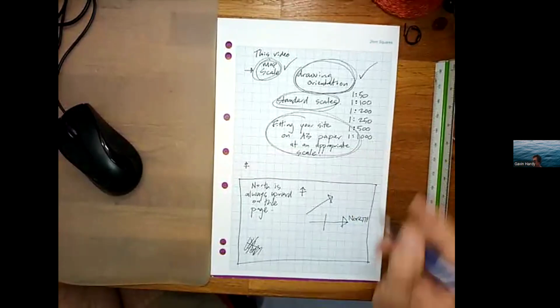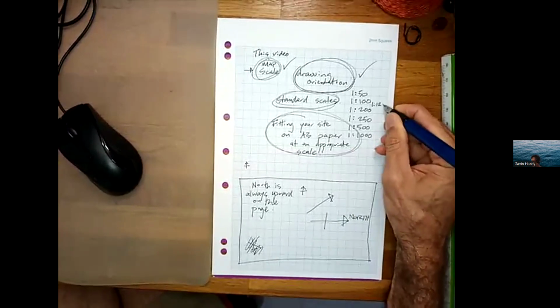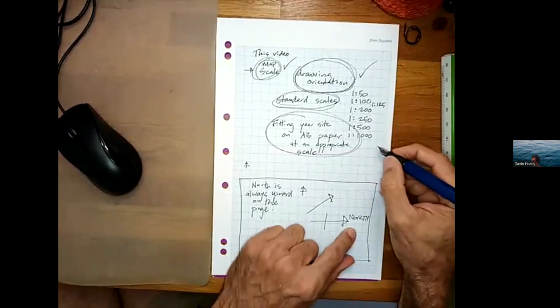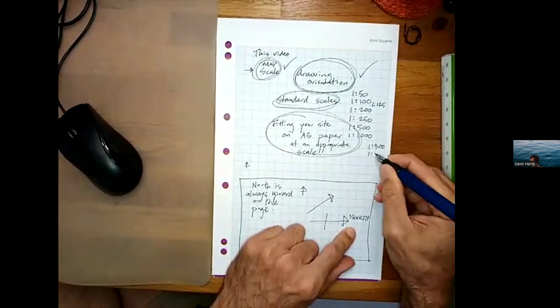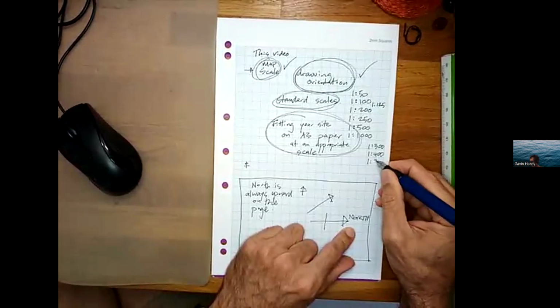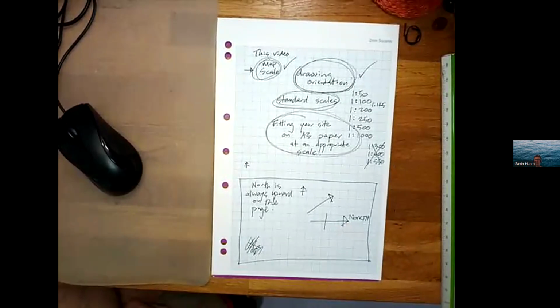Sometimes I see students do 1:125. That's acceptable too. Okay, but 1:300, 1:400, no, not really. 1:550, no, they're not standard scales. Okay. All right. So when you're thinking about sizing up your drawing, try and go for those sorts of standard